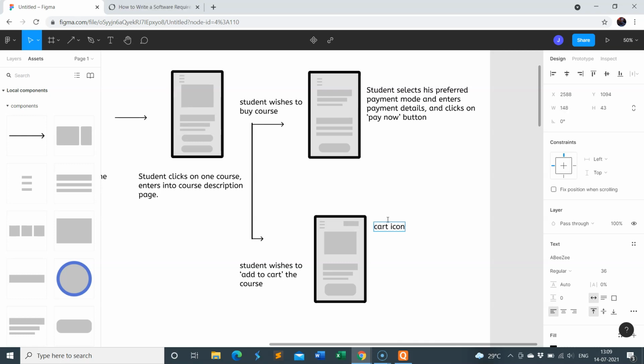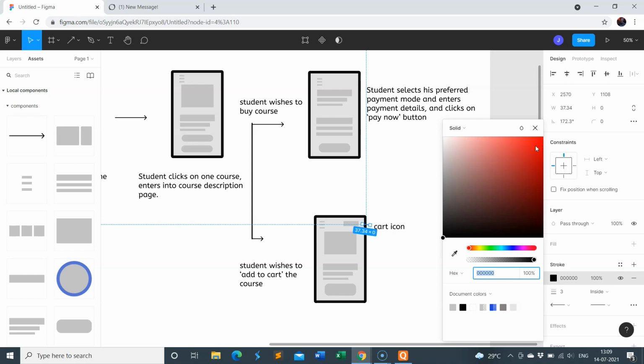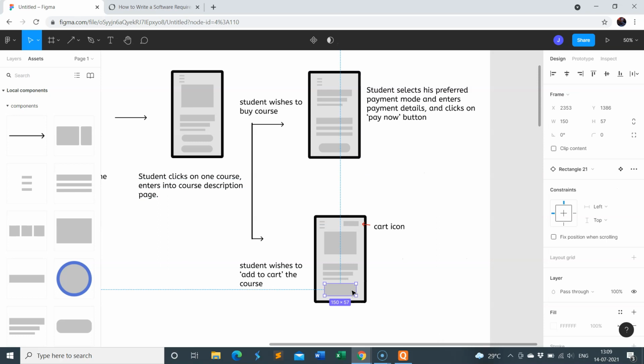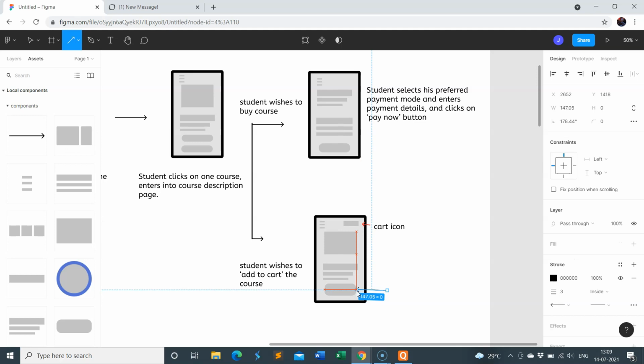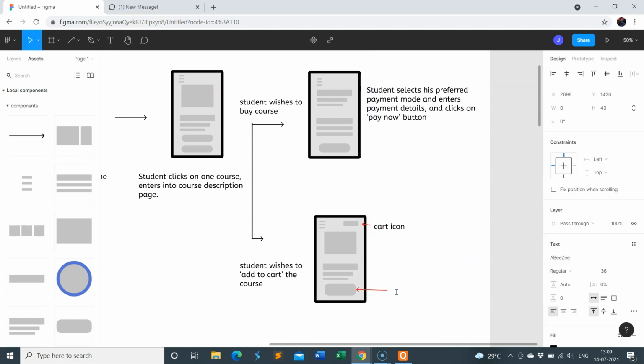So I have added the text, and I'm just going to use a small arrow pointing to this particular icon here. So this is the cart icon. If you want, you can change the color just to make it look a bit different from the normal user flow. And he can again buy the course right from here as well. So I'm just going to change the color here as well and add a text that is